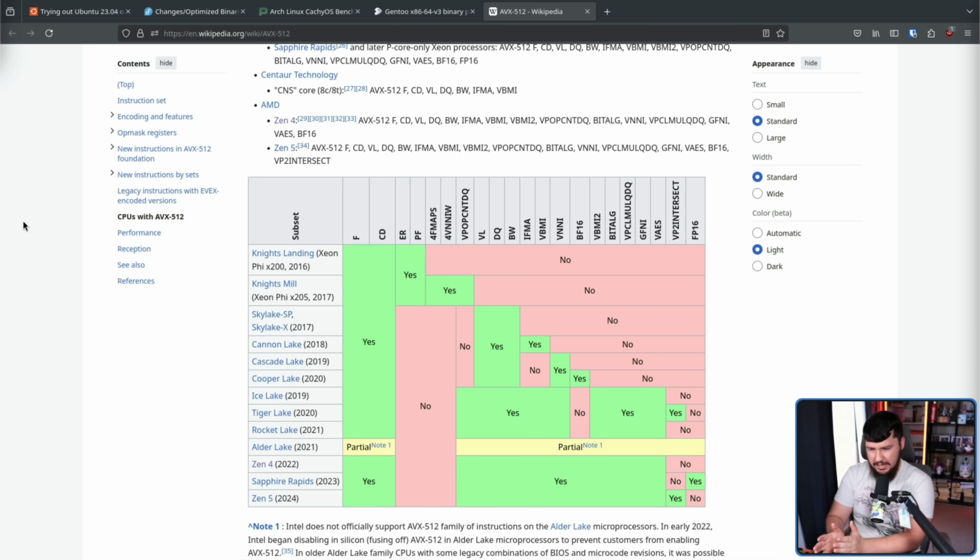Just because it supports AVX512 doesn't mean it supports the entire instruction set of AVX512. So charts like this exist. The whole V4 grouping was basically made off of a single generation of CPUs. They didn't actually know yet what was going to be in V4, and now that we've had a couple of generations, a couple of years, honestly, V4 needs to be completely rethought from the ground up,